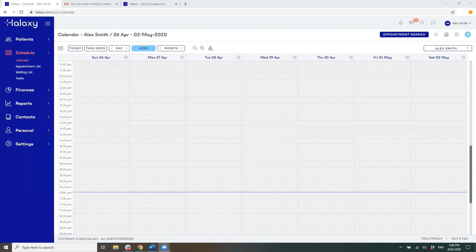Third, we're going to be looking at using the Halaxy personal health record and how you can leverage that to share, track, and receive clinical information remotely. Fourth, we're going to be looking at processing payments and rebates remotely and automatically without you needing to do anything, as well as sending invoices directly to patients at distance. And then finally, we'll review communicating your practice or coronavirus information with your patient base